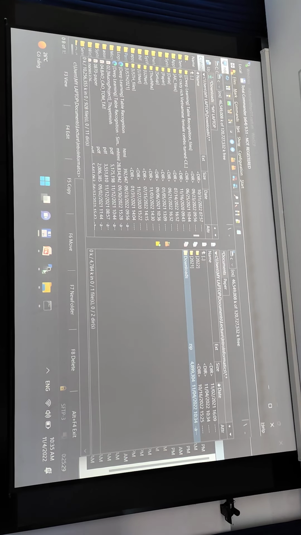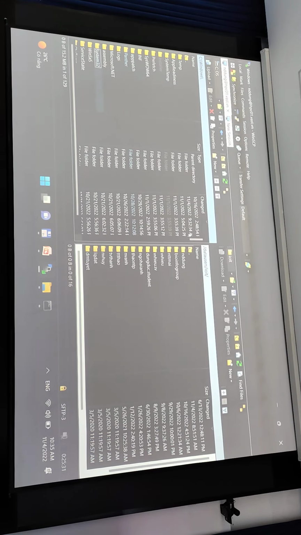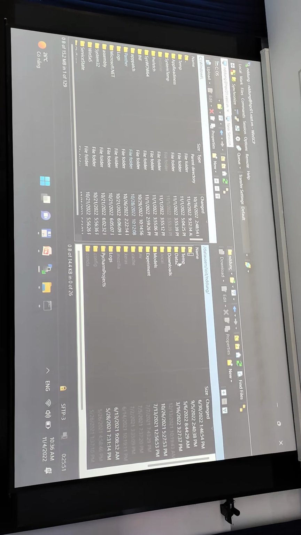With WinSCP here, the interface is very similar to Total Commander. It has two split windows, one window for the local machine and one window for the remote machine.